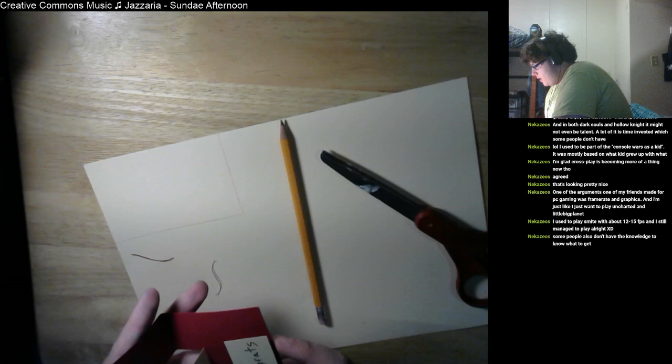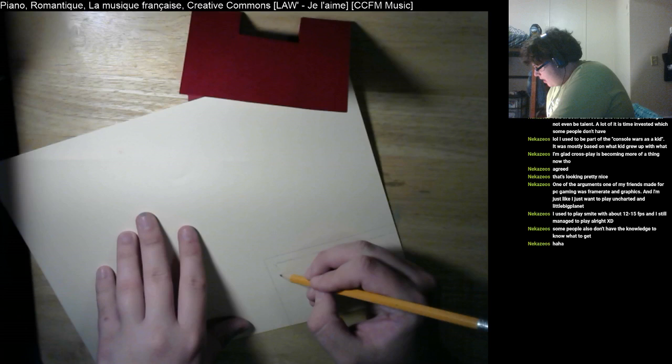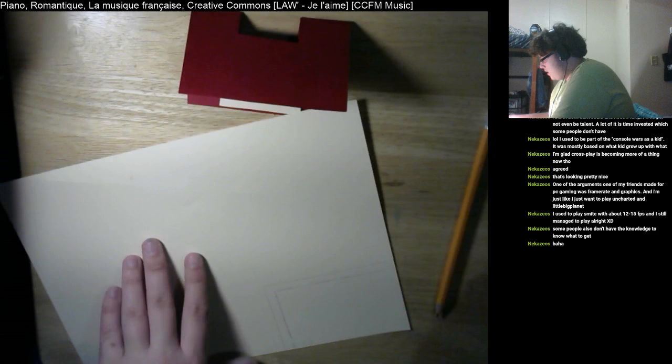What I'm doing right now, by the way, is I'm just going to take a few centimeters off, like a quarter of an inch, just so that it covers the gap, but doesn't go right to the edge. Also, we're going to be using dimensionals, so